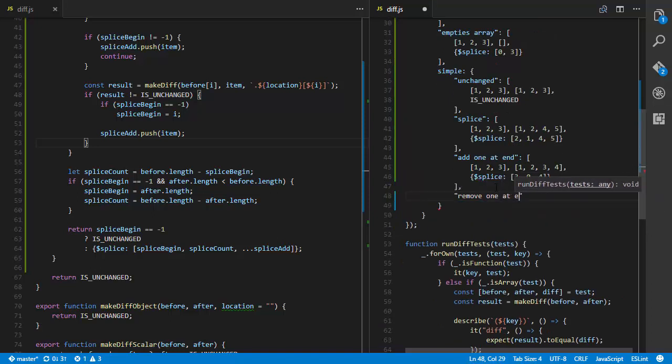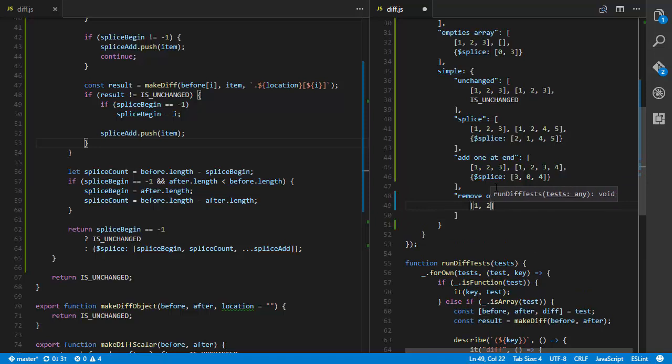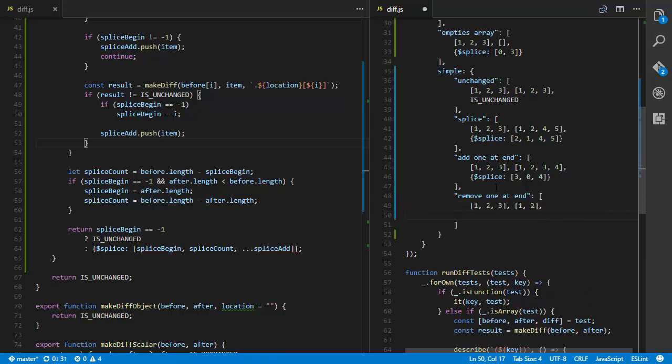Let's do remove 1 at end. 1, 2, 3, followed by an array of 1 and 2, followed by a splice. So removing 1 at end should have a splice of 2 and 1, meaning go to the second item, or whoops, am I stupid? 1, 2, 3, 1, 2. I don't know what I did there. Oh, I am stupid. I've been prefixing all of my operations with a money symbol. Okay, so